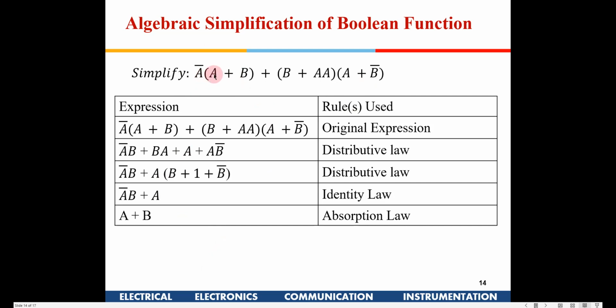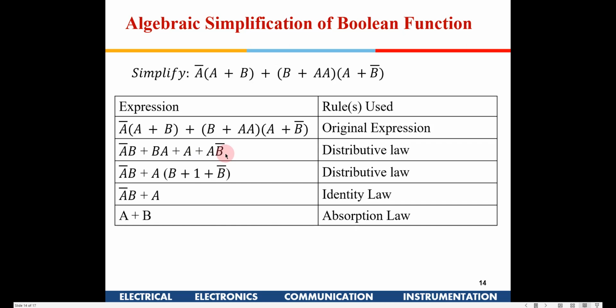So A bar, A plus B, and you have two A's out here, then A plus B bar. Now for the first, we are going to open up this bracket. A bar into A will give 0, so it will just be A bar B. Now you have a B, and B into A, if you open up this bracket, gives BA. This A is nothing but A. Now again, you do an AND operation with one more A, it will be A out here. Again, you have A and B bar. So when we expand all of them using the distributive law, you get this expression.